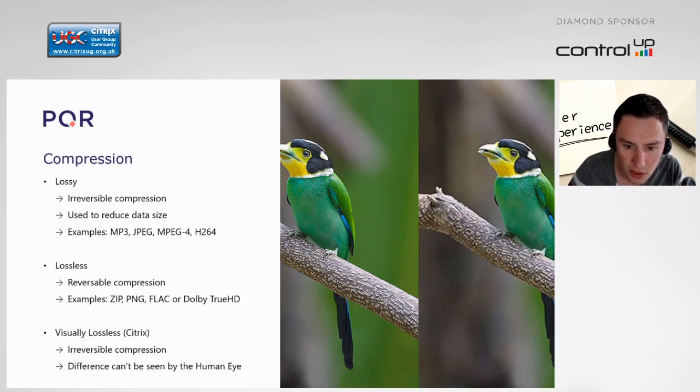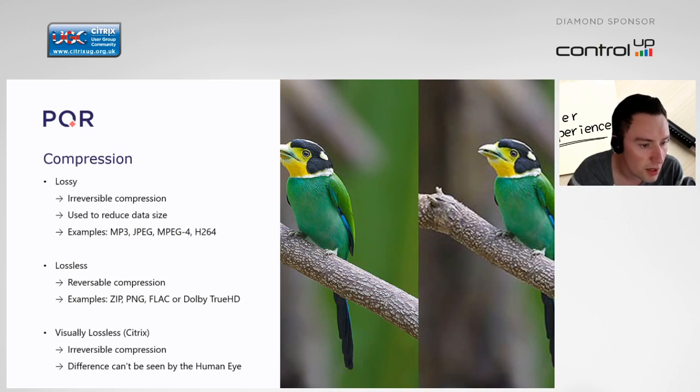If you look at the feathers of the bird itself, you can see the difference compared to the left side. That's because we use lossy compression here, and it's irreversible. We literally remove information of the image,